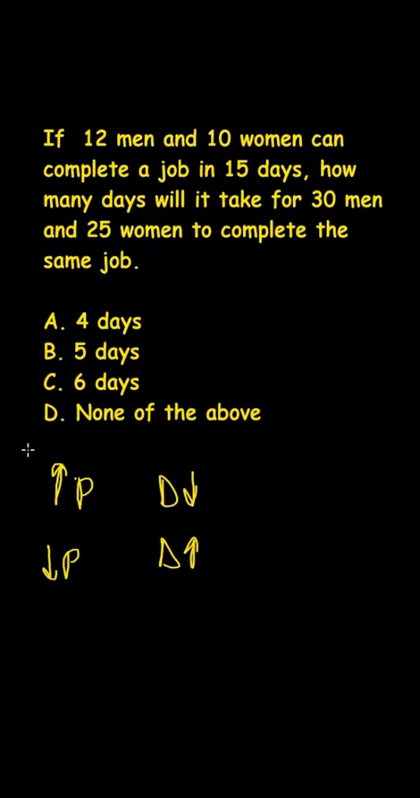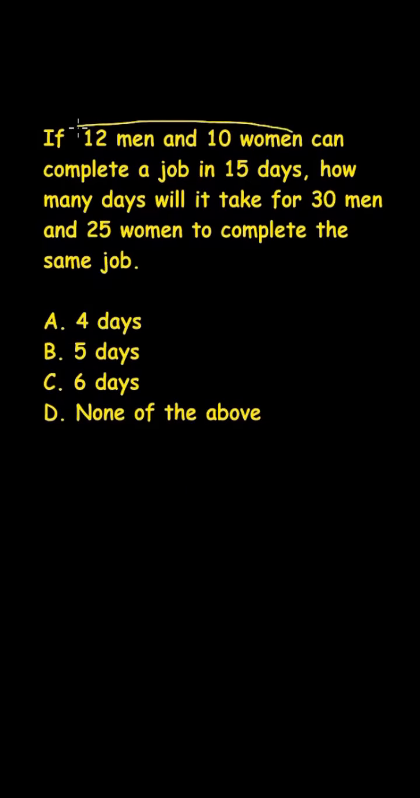So, next step. The next step is to add the number of men and women together in the first place. So 12 plus 10 is 22. So 22 people